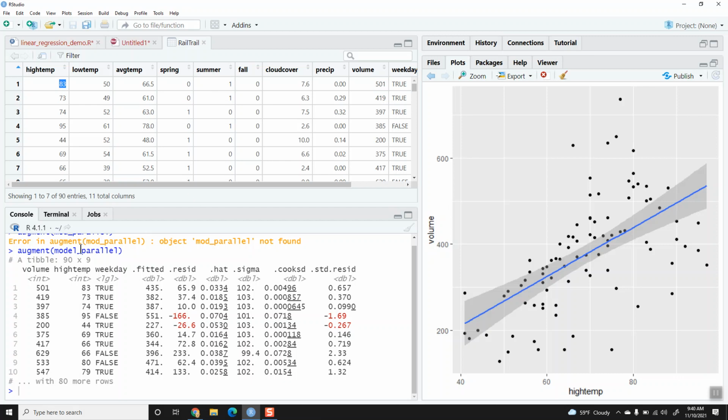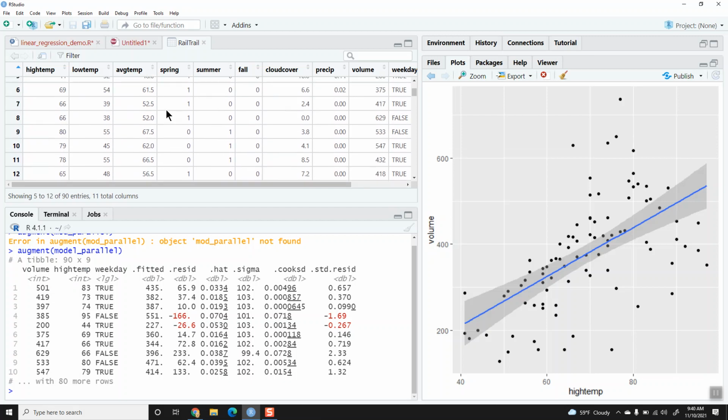And so when you take the model and you throw it into the function augment, it takes those variables that we're using, volume, high temperature, weekday, okay? And then it says, according to our model, what do we predict? The fitted value is 435, okay? What's the residual? It gives you a whole bunch of stuff, okay? So it basically says, for all 90 values in your original data set,